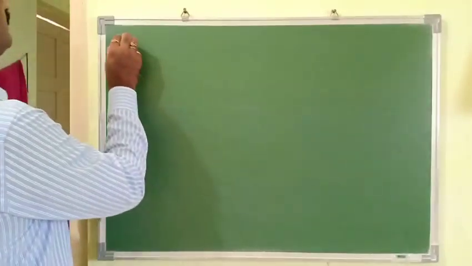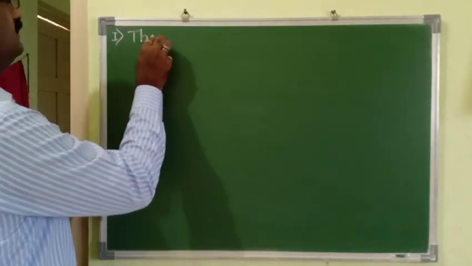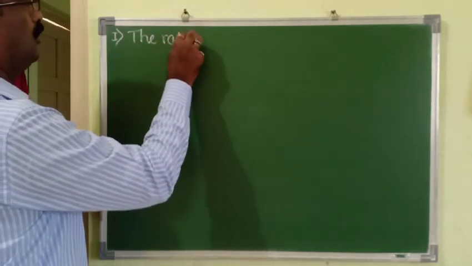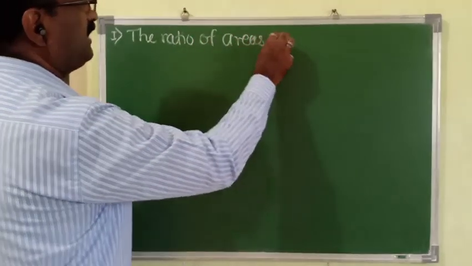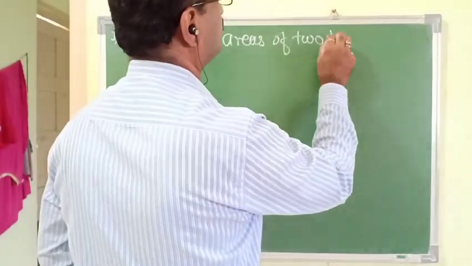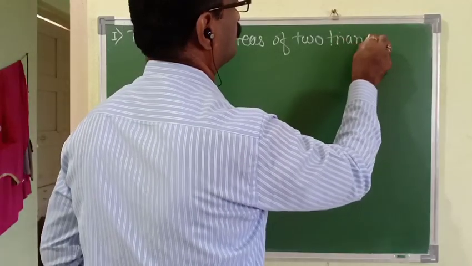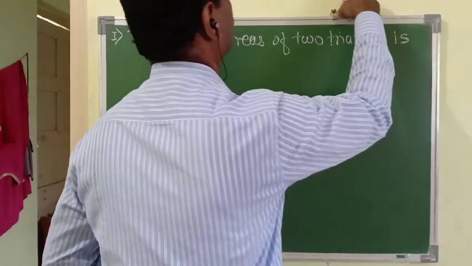The property is, first property, the ratio of areas of two triangles is equal to